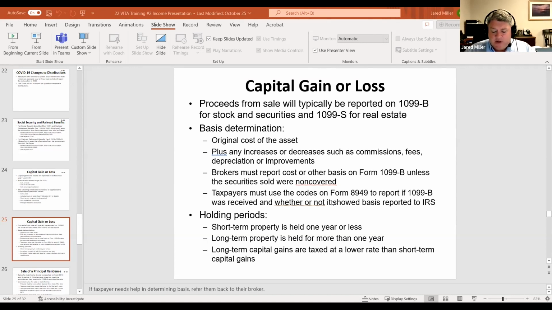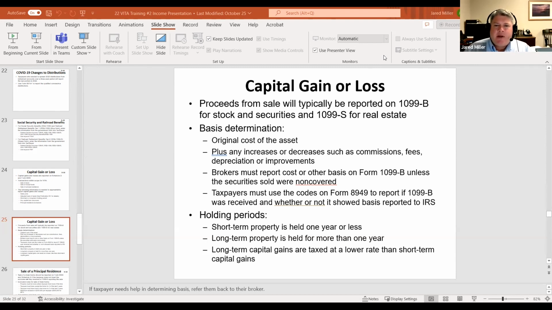One of the other things we're going to take a look at is just understanding that basis is going to be the original cost plus any other adjustments, things like commissions or fees. When we take a look at property, it's going to be things like improvements that they've made. Again, we cannot go ahead and create a number for someone. So if they say, I've sold a cabin in the woods, okay, great. I see that you sold it for $80,000. How much did you pay for it? Well, I don't remember. We bought it in 1950. I inherited it from my family. I know we put a couple things into it. Can we just make up a number? No, we cannot make up a number. We need to come up with something there for that process. Okay.